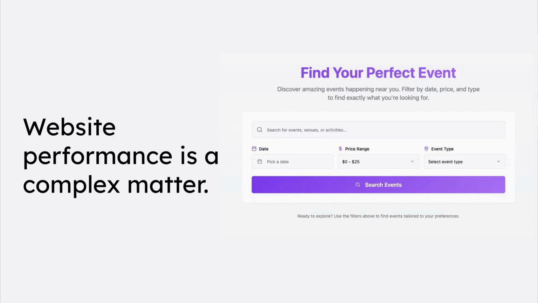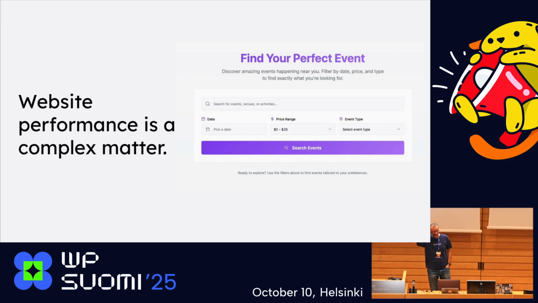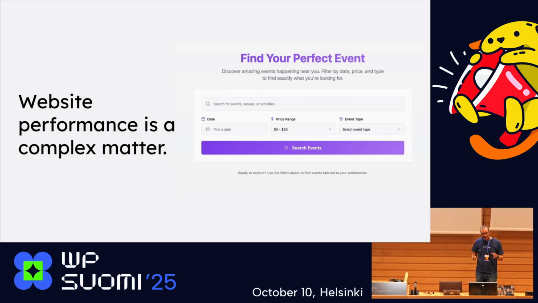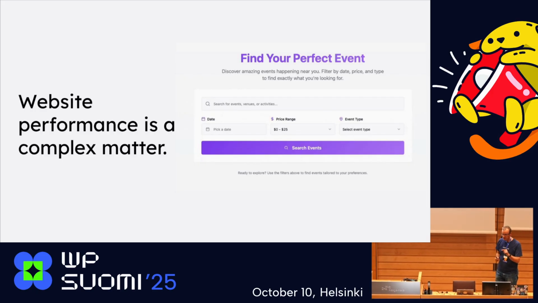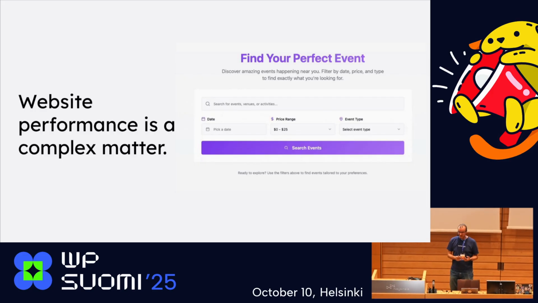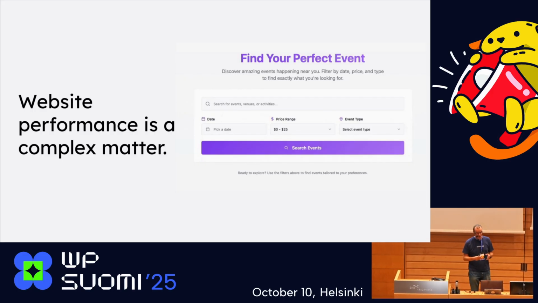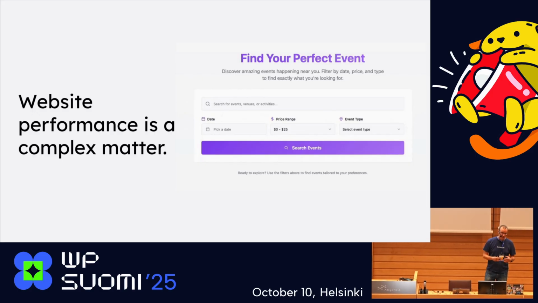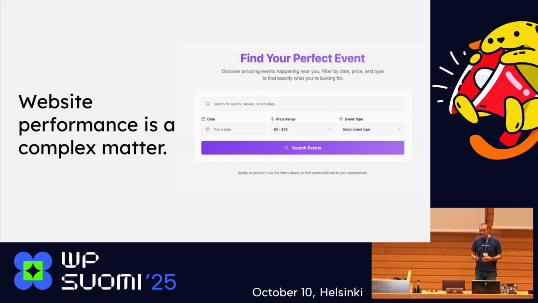But we got one client, and it was a headless site again, super fast. It has a search feature, and when I clicked the drop downs, there was a significant delay before the drop down opened. So the site was fast, but the React implementation was slow. It was loading a lot of data to the front end, manipulating that on the fly. And the UI just wasn't